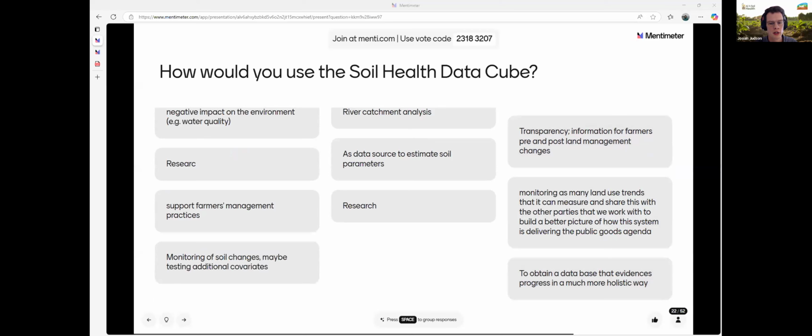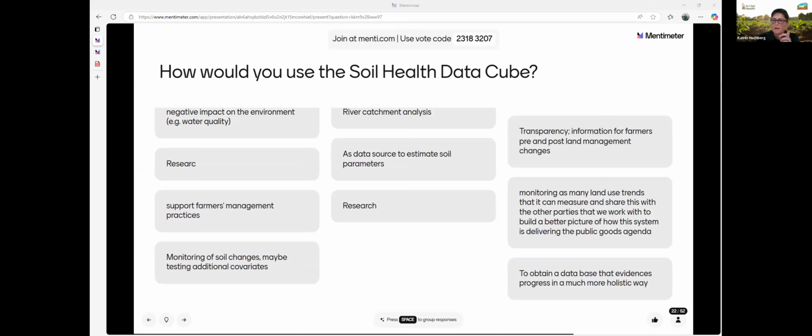So say you're trying to work out what's going on in your small area, in your land, you can use this technology to give you an idea of what might be going on, and then go and investigate those questions in detail yourself. Instead of being presented with all possible options, it helps you to narrow your focus in terms of what your soil needs and your business might need, and go from there. So I think you have to think about scale in terms of how this gets applied.